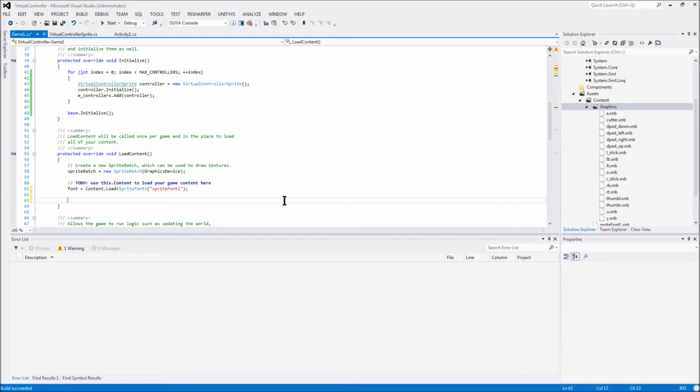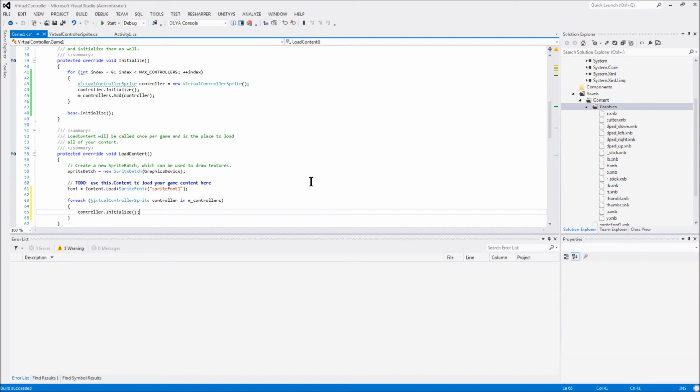So let's again loop through each controller. Okay, and we want to initialize each controller while also passing it the content. So, controller